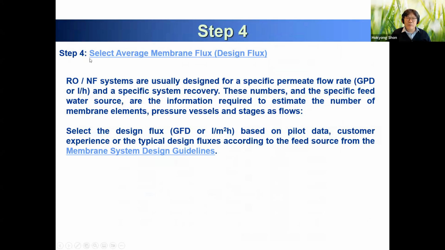So this is step 4. After you select your element, you can select the average membrane flux, the design flux. The RO systems are usually designed for a specific permeate flow rate and a specific system recovery. These numbers and the specific feed water source are the information required to estimate the number of membrane elements, pressure vessels, and stages. To select the design flux in terms of gallon per